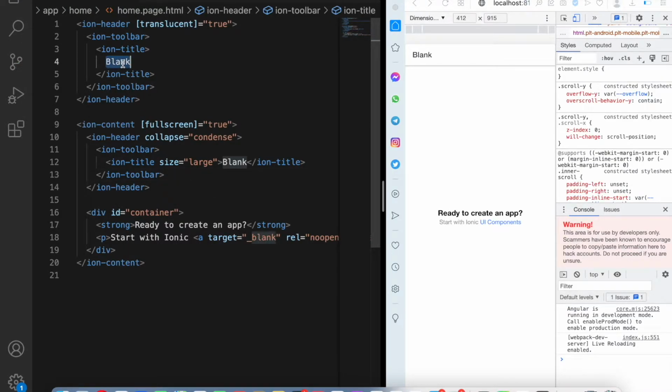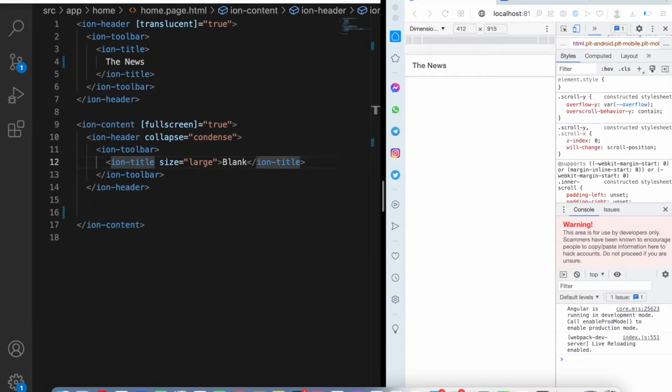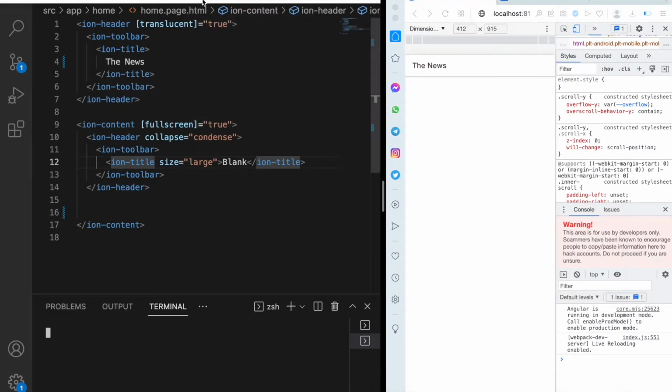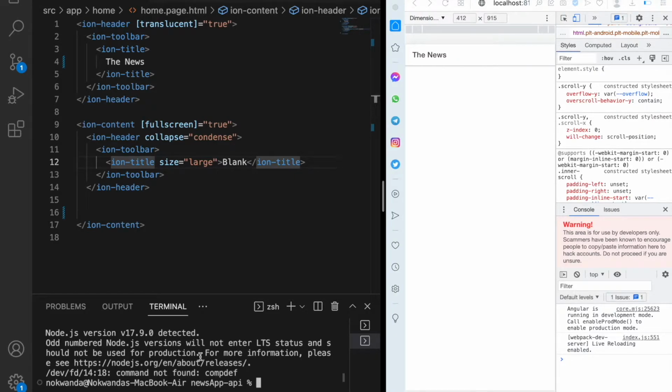Right, let's go back to our app. I'm just going to change the title to News. You can call it anything that you want. I'm going to remove that part. Now I'm going to create a service. Our service will just help us go through the internet and collect the data that we have there in the documentation in the